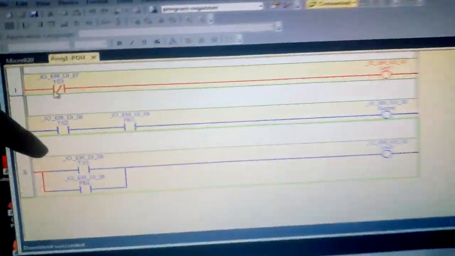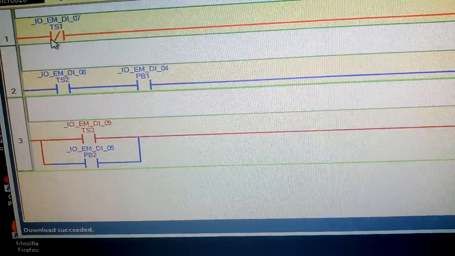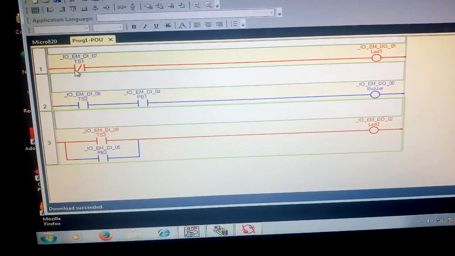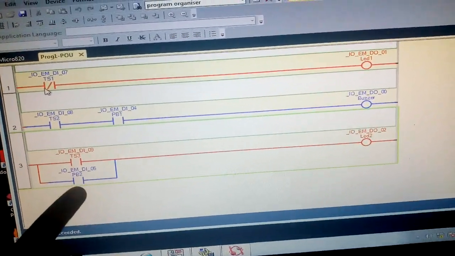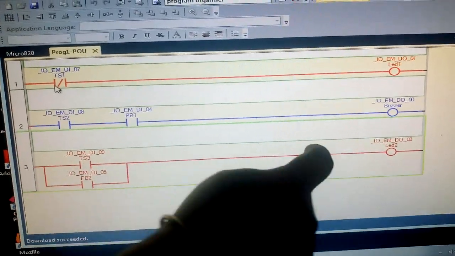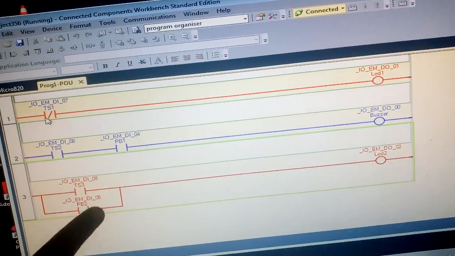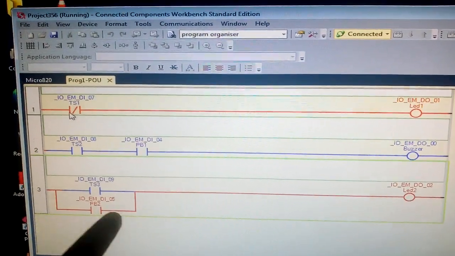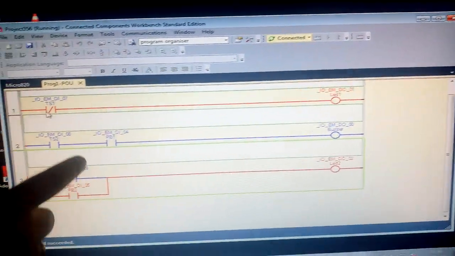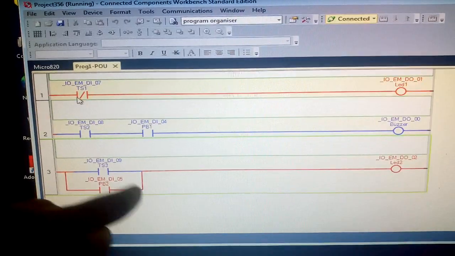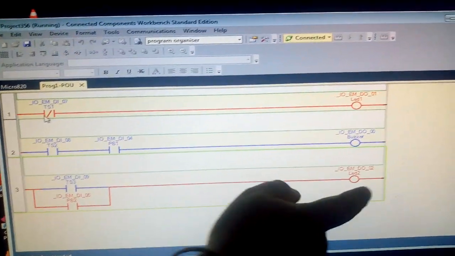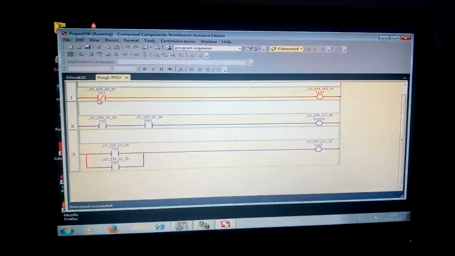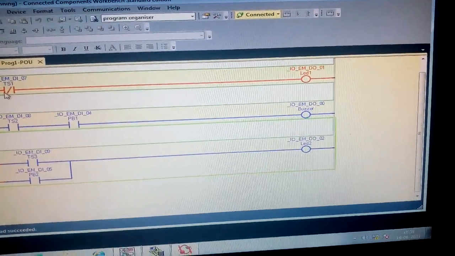When toggle switch 3 alone is on, there is this path which is carrying the power to LED 2. Similarly, when both inputs are on, push button 2 and toggle switch 3, it can use either way. When only push button 2 is on, you can see it is taking another path. So either the first path using toggle switch 3 or the second path using push button 2, we can see this. So these are the operations of ladder diagrams.